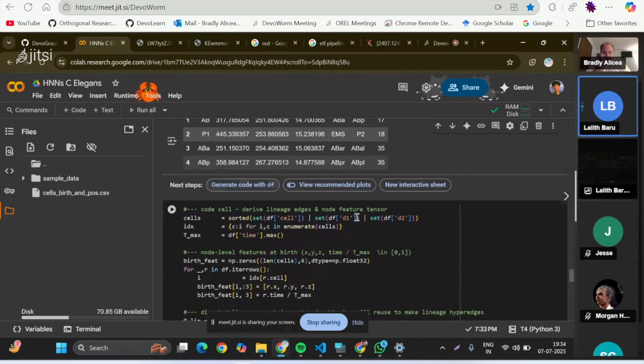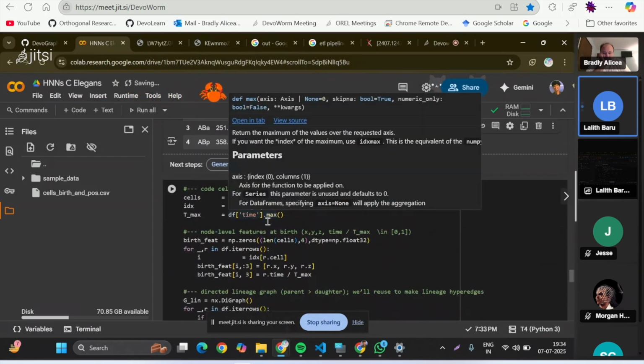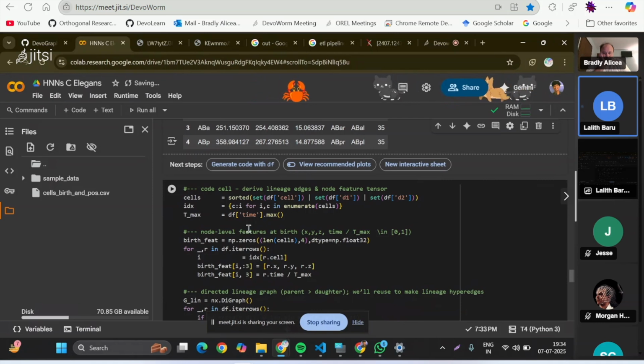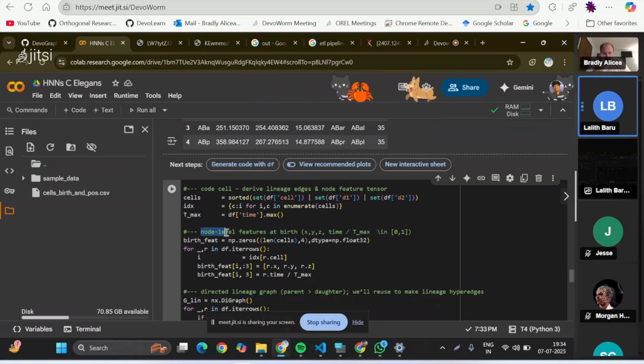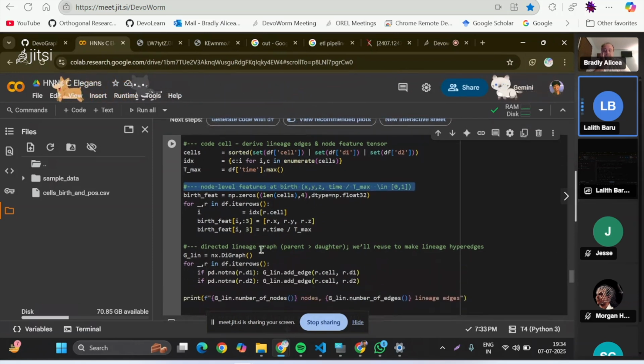From this, I was able to get some node-level features for the hypergraph. In a graph we have a node, and what information does this node have? We have the time and the XYZ coordinates, and the directed lineage information, the parents. The lineage information also resides in the edge, saying how the lineage traverses exactly. So the hyperedge carries this information,